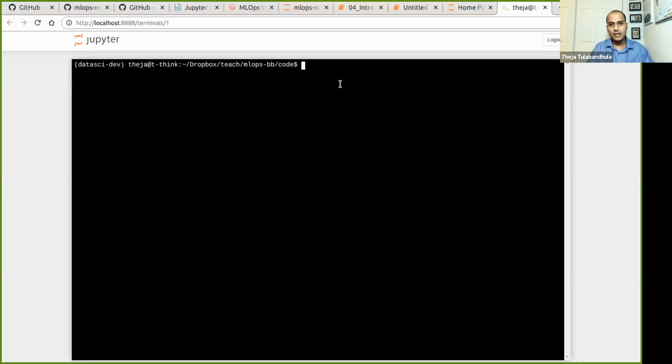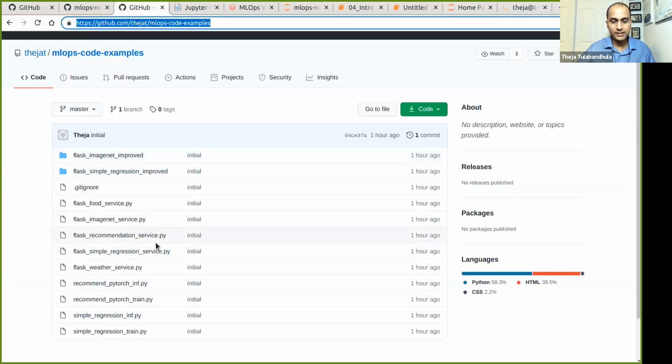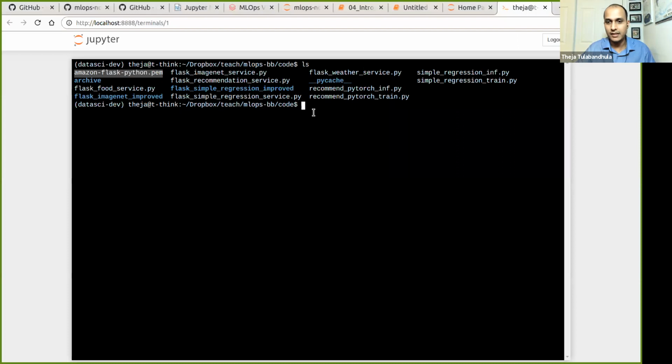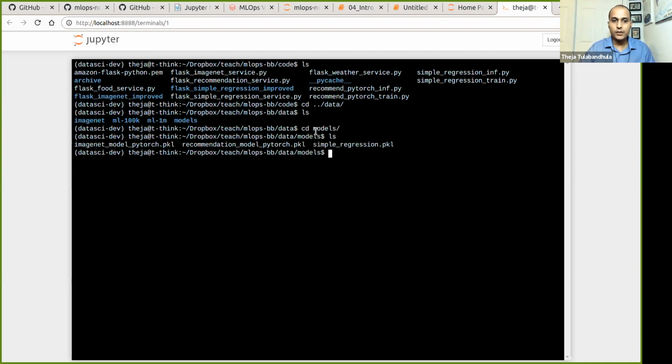So this folder has a few things. For example, it's basically things which I have already shared on GitHub, basically these files. There may be some extra files I've ignored. Let me go to the separate folder I have called data where I have kept the model. Instead of putting models in the same directory as the py files, I put them in the models folder. If I go to models, you can see there's a recommendation model PyTorch. Previously, it used to be in the same folder.